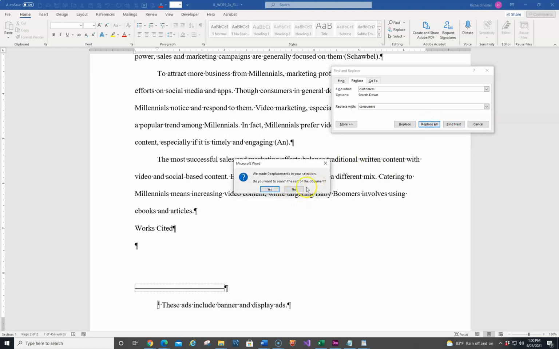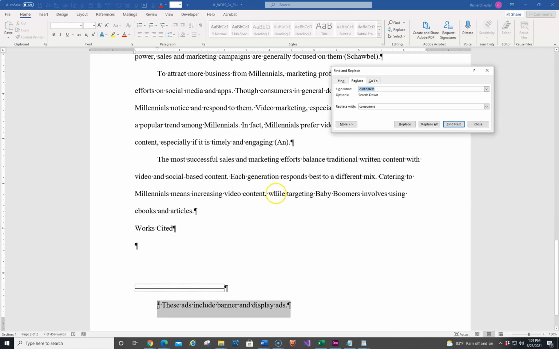And it made 0 replacements. So that probably means I have something selected or I spelled something wrong. So when it says you made it, you want to search the rest of the document. So I apparently have something selected. So let's go yes, and it's still in here. So let me undo this here,